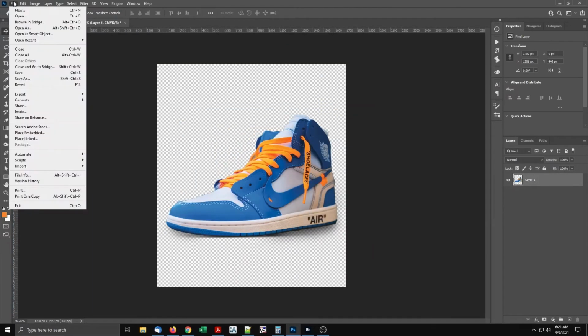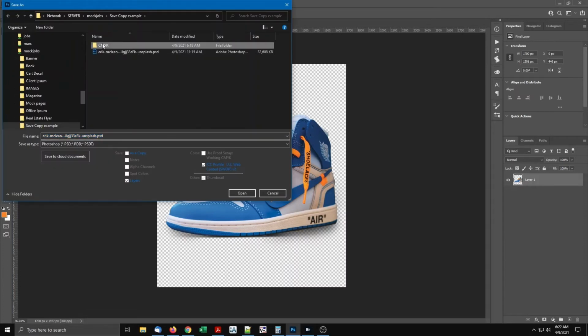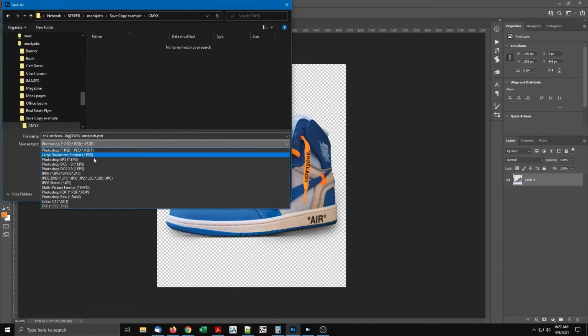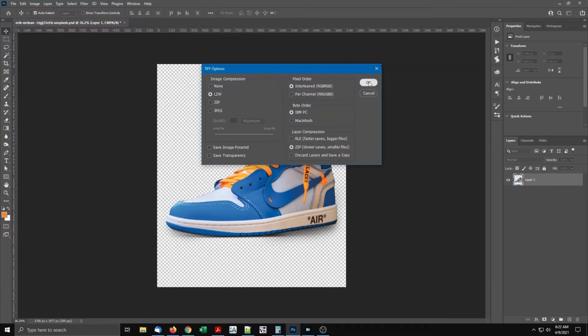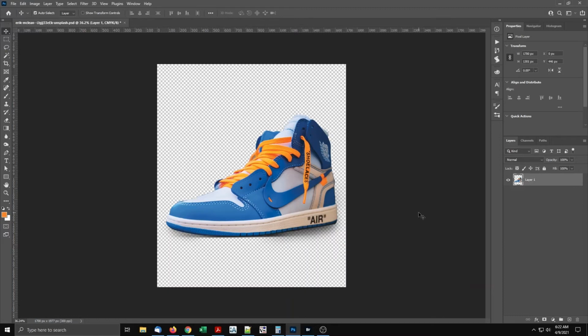Save as. Navigate to the folder. Change the file type to TIFF. Click the checkbox as a copy. Save it. That wasn't too painful, but for a lot of images, it's tedious and easy to forget a step and not even realize it. You could write an action, but actions that merge layers don't always work if the next image has a different layer structure. Now I'll do the same using the script Save Copy.